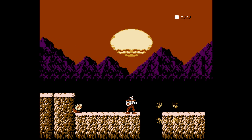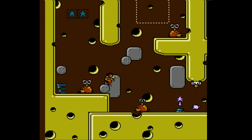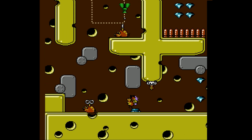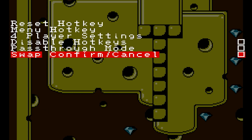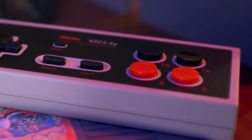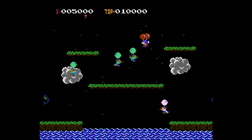It's only a temporary setting. After you power down the system, you will of course be able to bring up the menu next time. You can also adjust various controller settings, such as for player setups and swapping, confirm, and cancel, which is crucial because, similar to the NT Mini, the default confirm button in the menu is B, which is completely backwards from